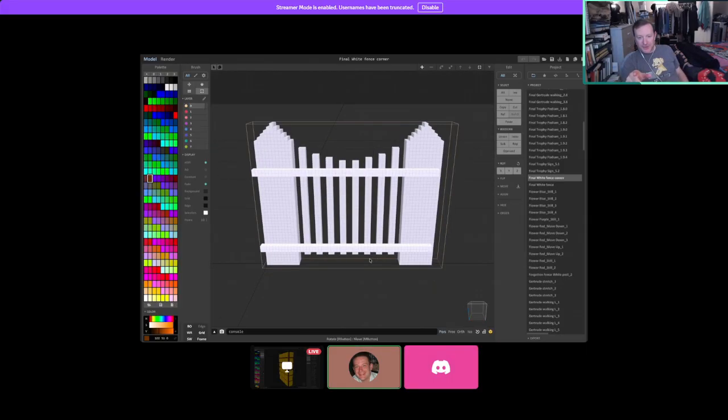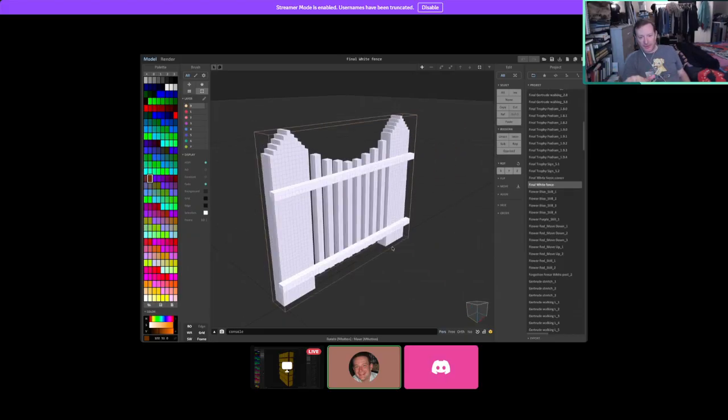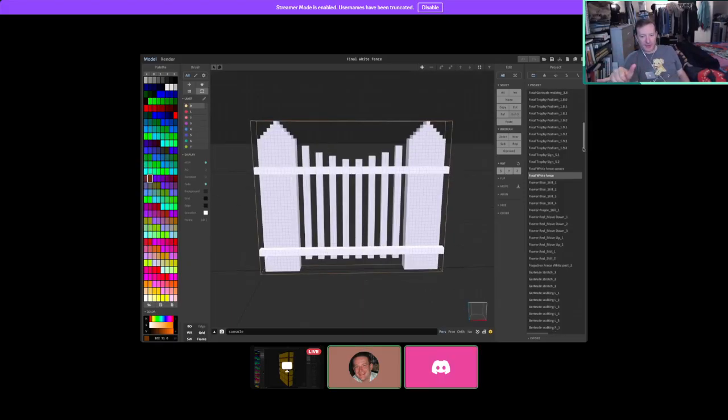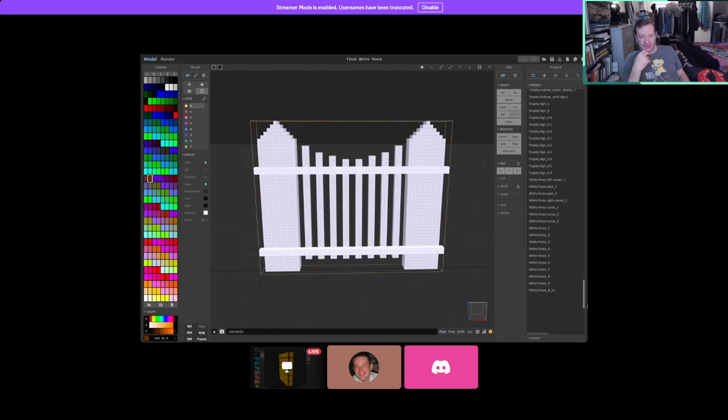Yeah, so I got a question right off the bat. Since we're going to need to stack these next to each other, if you have a post on either side, then when we put them next to each other, you're going to have 2 posts next to each other. Do you need to have a version of it with the post only on one side so we can tile them left to right?